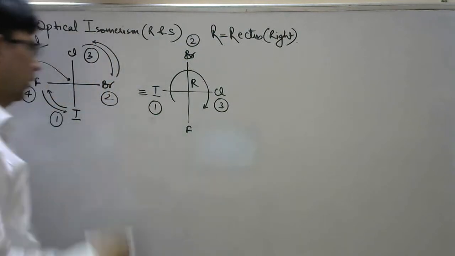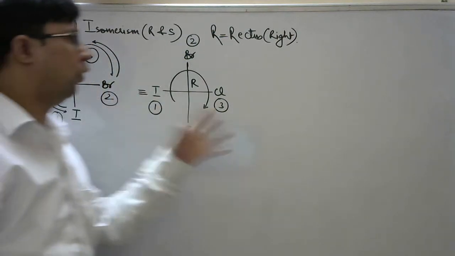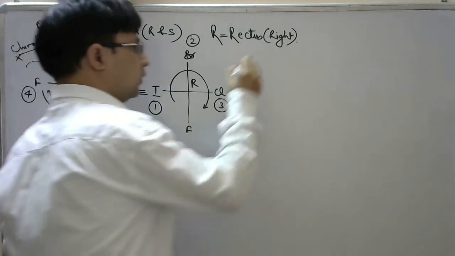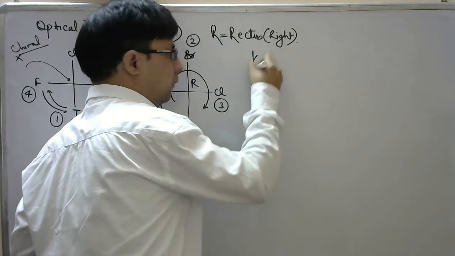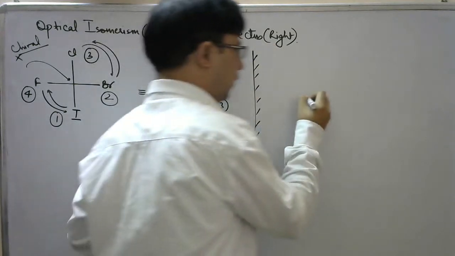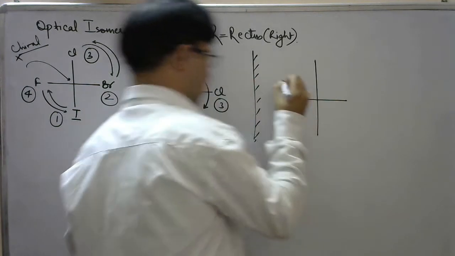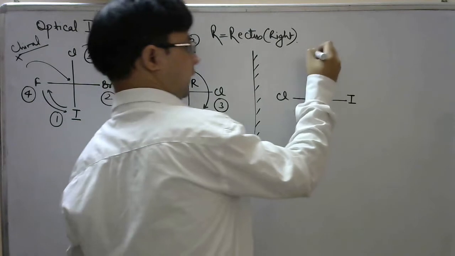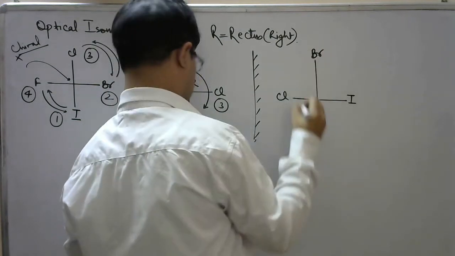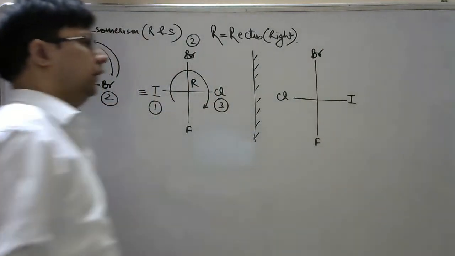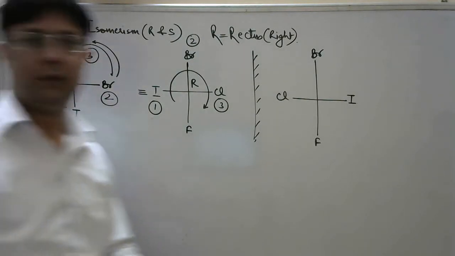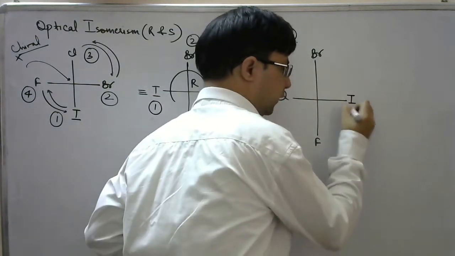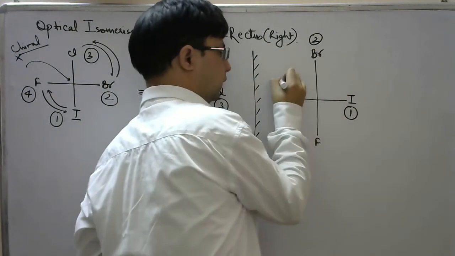Is this clear? So I can say that this is an optically active compound having the R configuration. Suppose I take the mirror image of this particular molecule, what will we get over here? It is Cl, this is I, this is Br, and this is F. Is it clear? So what I have done is formed the mirror image of this, and assigning the priorities, this is first, this is second, and this is the third one.